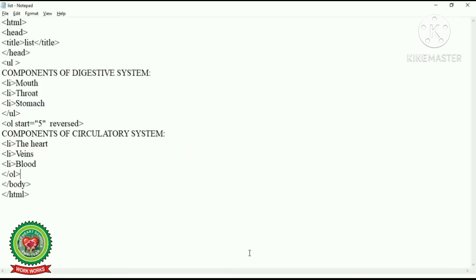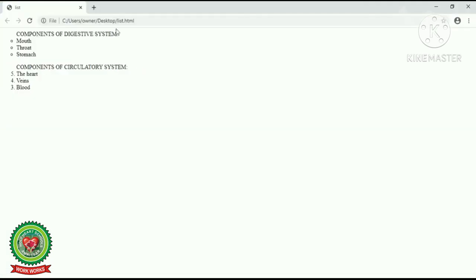Now students, I am going to give type under unordered list. Click over here. Type is equal to, in double quotes write down the type which you want to show your items. I have written circle. Now press Ctrl S and now see the output. Now you can see the output. Now these bullets are in the form of circle.